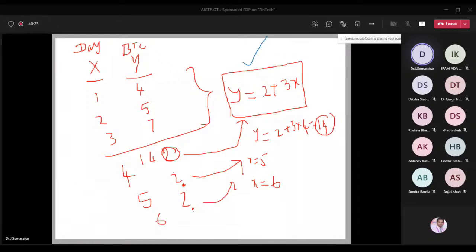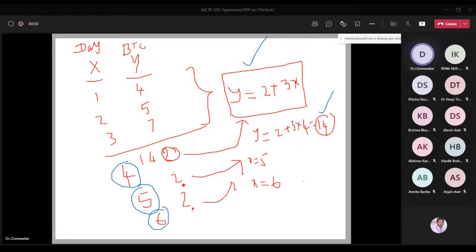And what is the next step in the definition I gave? By using that, we can go for prediction or forecasting. Classification, leave it here, because when you go for healthcare applications, there we can apply all those things. But here we are going for prediction by using this model. For that, we have to substitute X equal to 4, substitute X equal to 5, substitute X equal to 6, so that we can find the Bitcoin price on day 4, on day 5, on day 6. So this is a basic idea in machine learning.